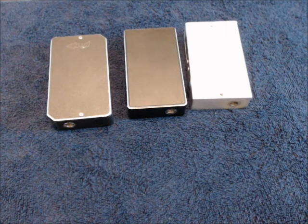Okay. So let's go back up top and we'll get a look at it and talk about it for a minute. All right, guys, and we are back. That was a quick overview of the 3 different mods. I'm using my Sigelei 100 right here, running the Sigelei 150. And then we've got the IPV3, which has not seen a lot of use since he got the 150,